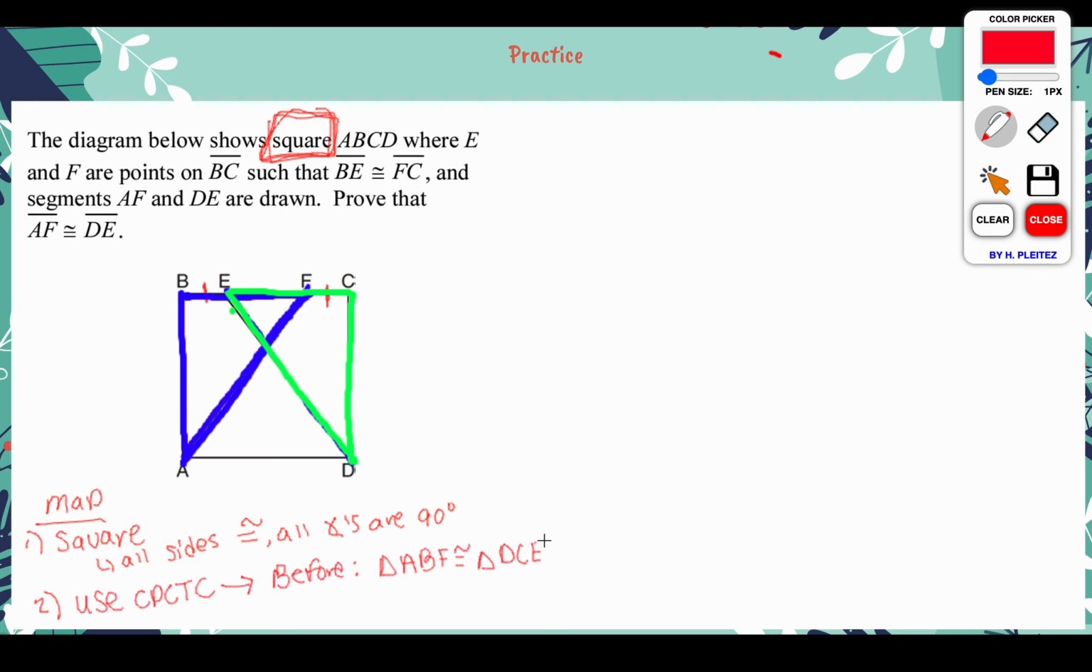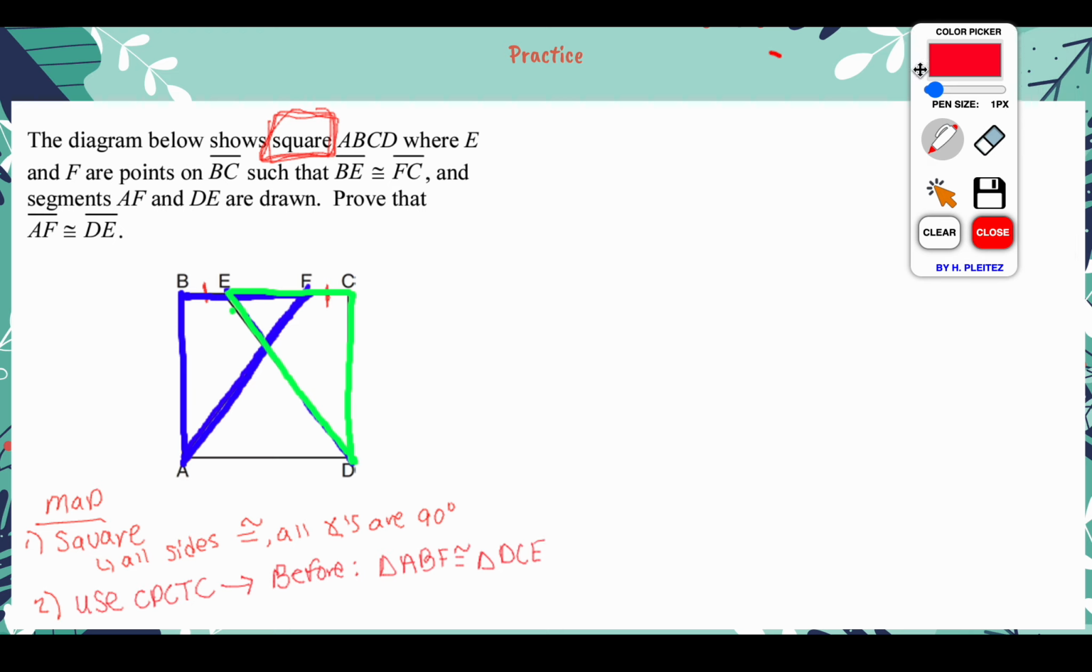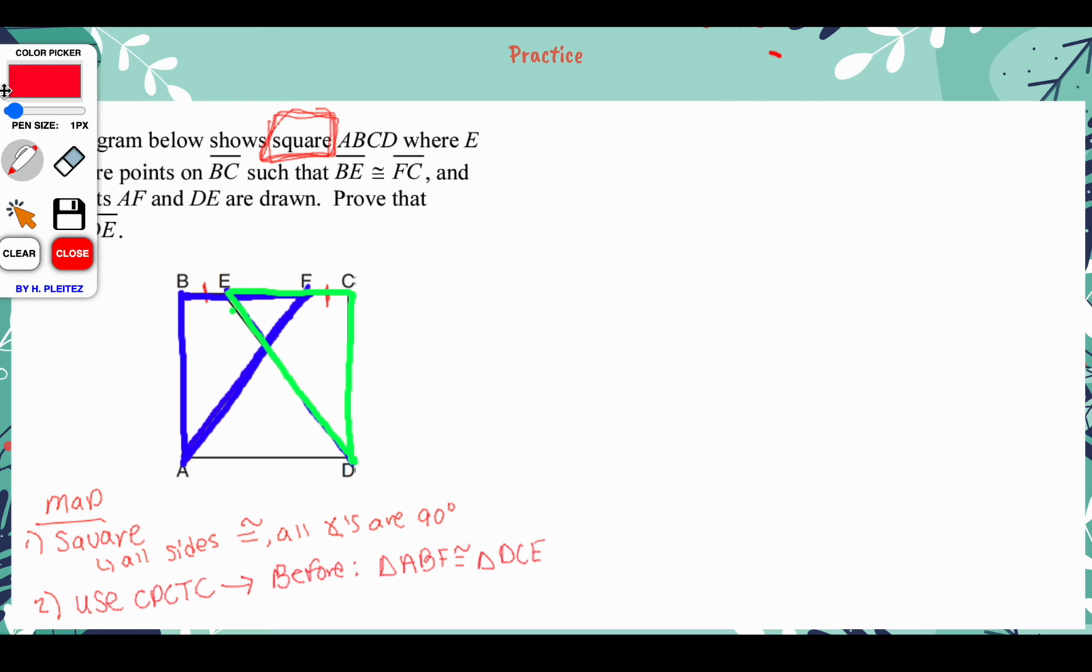And to prove the triangle congruence, I'm just going to start writing the proof out, because I feel like that's thinking a little bit too much ahead here. So let's use our map to get started, and then maybe we'll see where we can go. So statement, we have ABCD is a square,